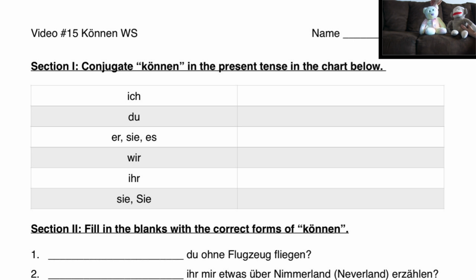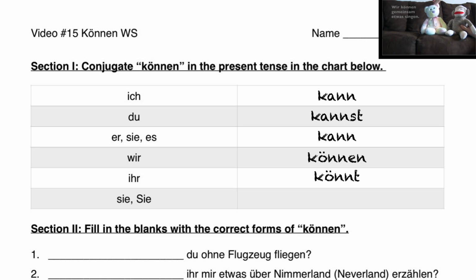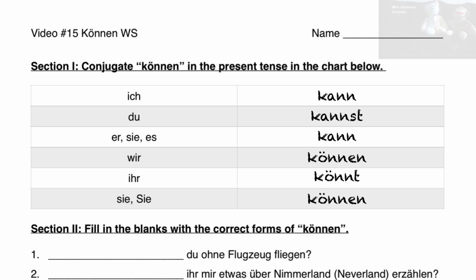The ich form is ich kann. The du form is du kannst. Er, sie, es kann. Wir können. Ihr könnt. Sie können. And as you could probably surmise from the conjugation here, we also use this in English